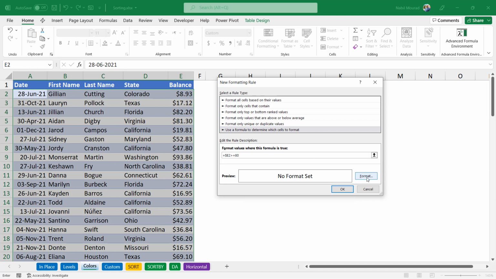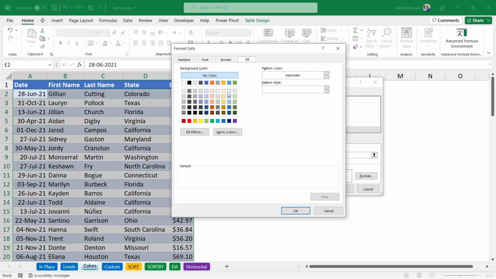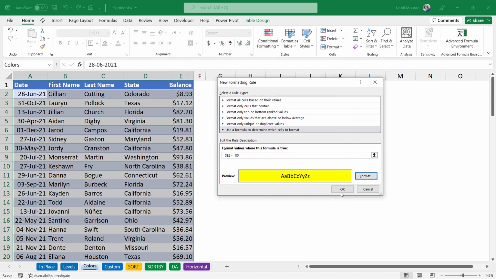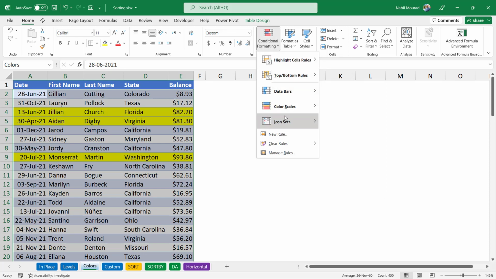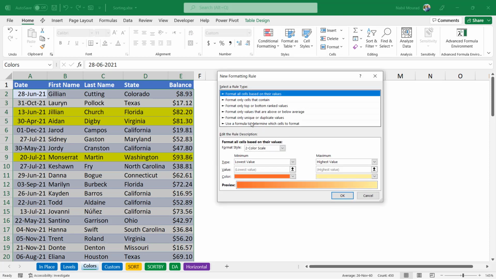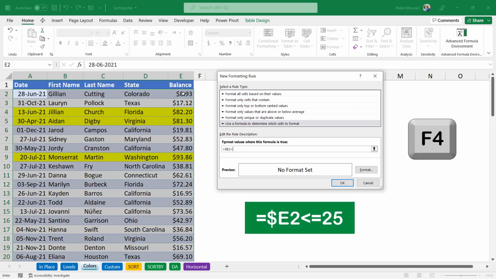I want to format the record. Then I click on Format, and I'll be formatting the entire record, let's say in yellow, and then I hit OK. And I created my first conditional formatting rule. I want to create a second rule. Then I click on Conditional Formatting one more time, New Rule. Use a formula. I put my blinking cursor as I did before, and I select the same cell. I hit F4 twice, and I say if it is smaller than or equal to 25,